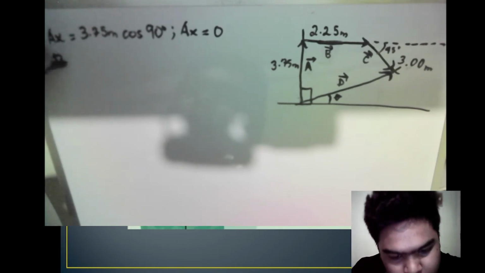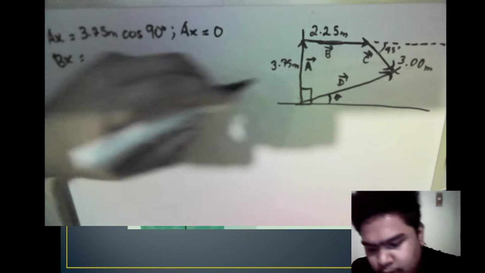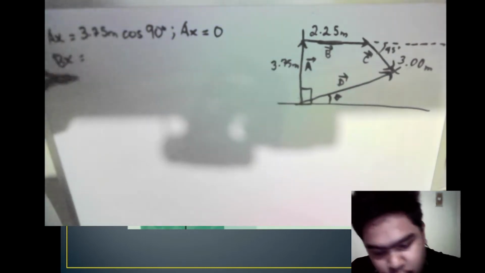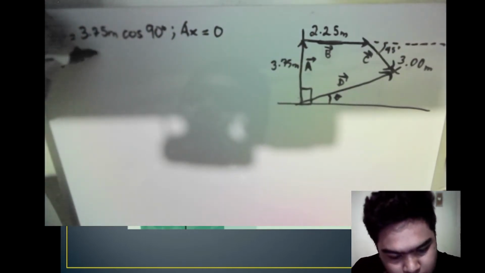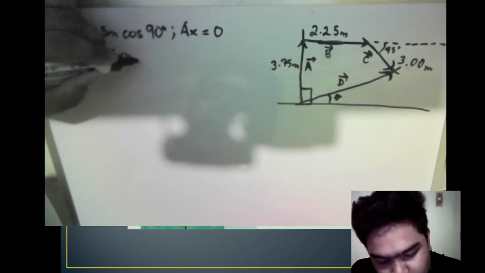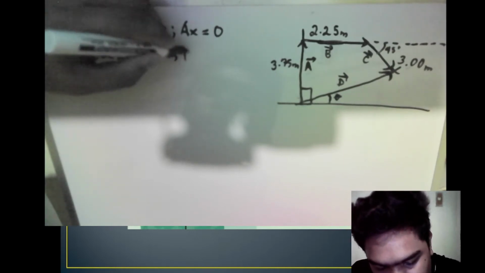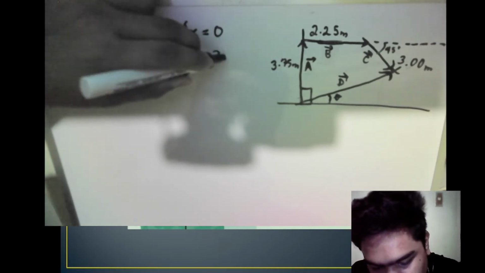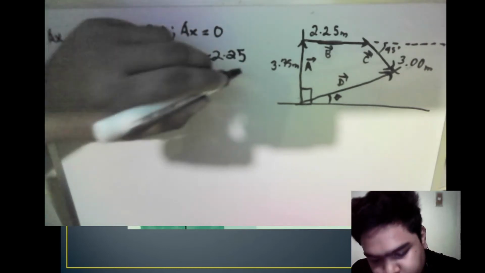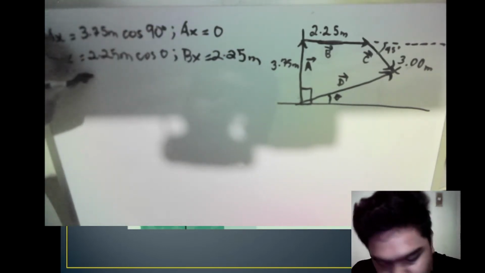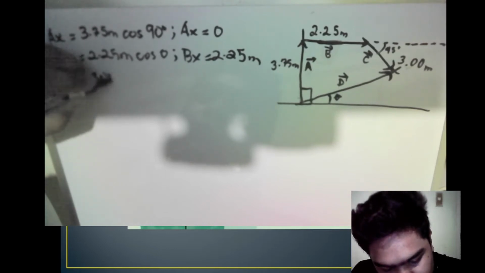For the BX naman po, nakaplot po yung B dito sa positive x-axis po. Kaya po, 2.25 pa rin po siya. So, magiging 2.25 meter cosine 0. Ang answer po ay BX is 2.25 meter. For the CX naman po, we have 3 meters